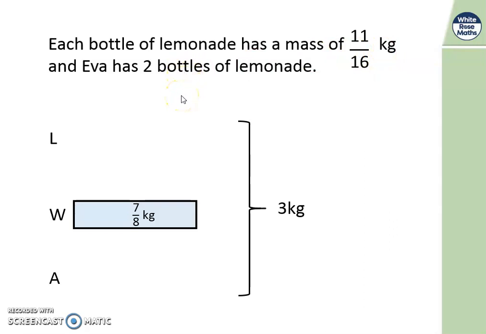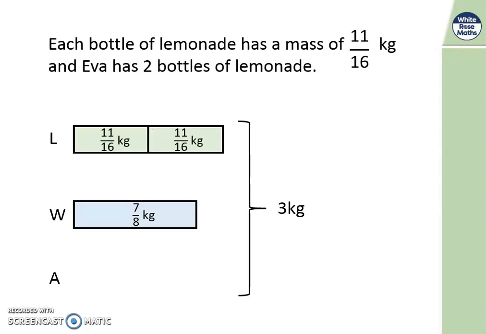So I need 2 bars for lemonade, and each one needs to have 11/16. Like that. Can you see the pictures building up? Now what we can see here is we've got 11/16 add 11/16 add 7/8. And we should spot that 7/8 can change into 16ths by doubling. So it will become